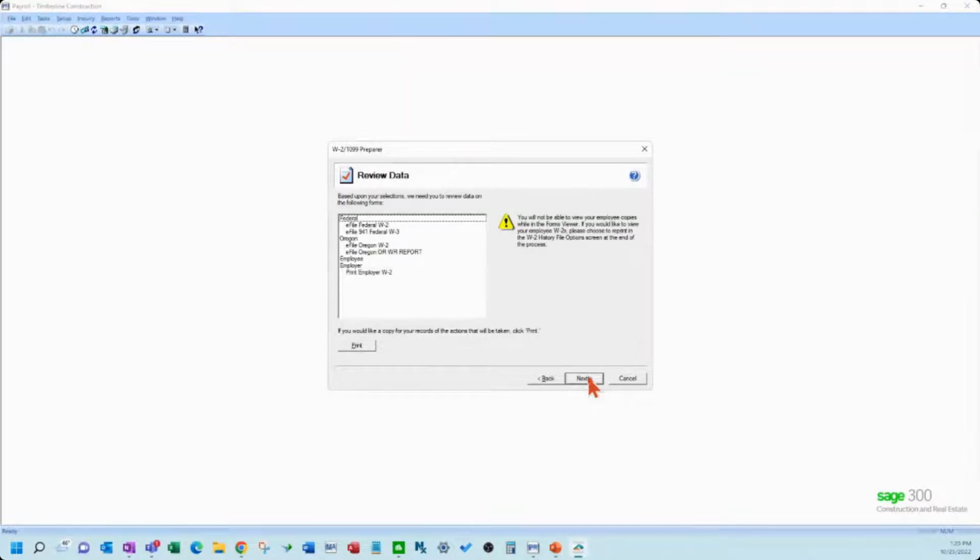So you kind of just keep going through here. Now these are just the instructions. So this is not your W-2 or W-3 actually, but you can print them if you want. Okay. It's generating on my other screen here. I can't move it quite yet, but once it does, I'll show you the next few steps here.